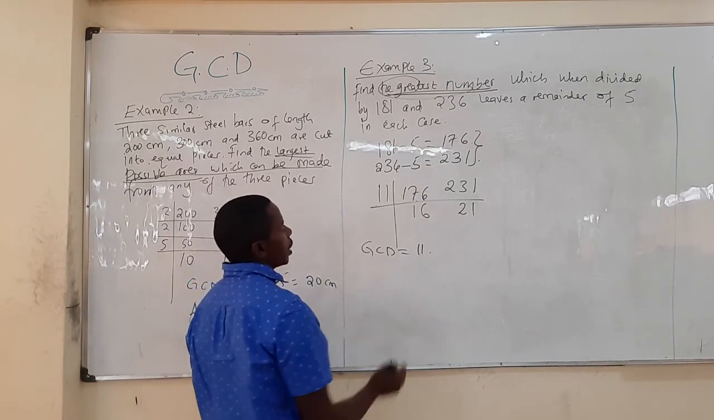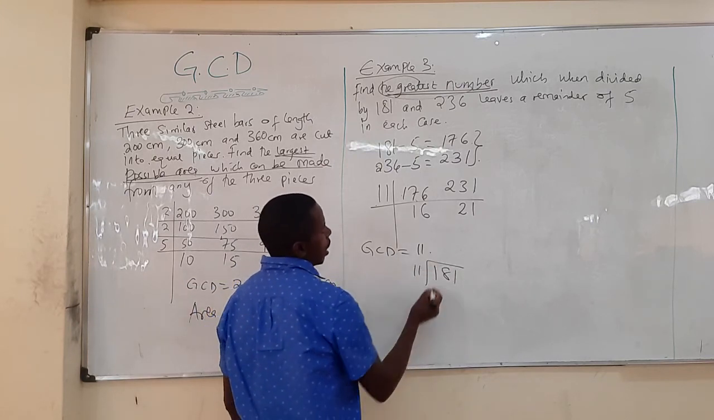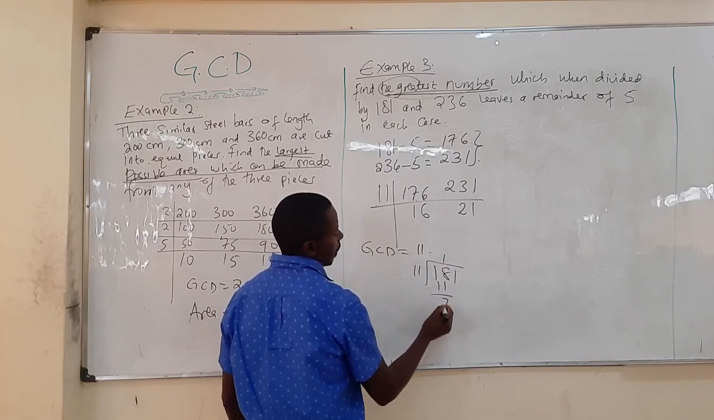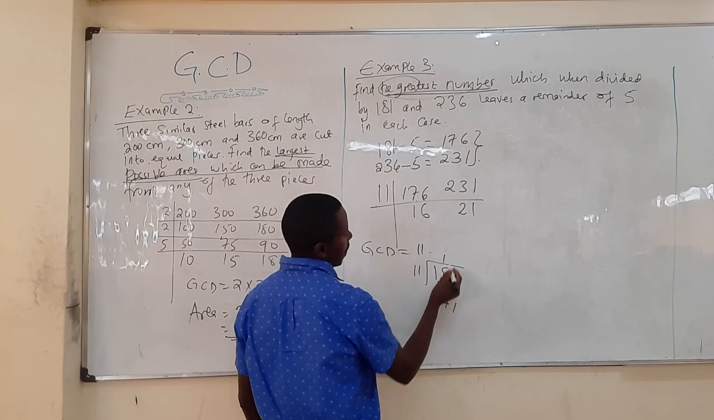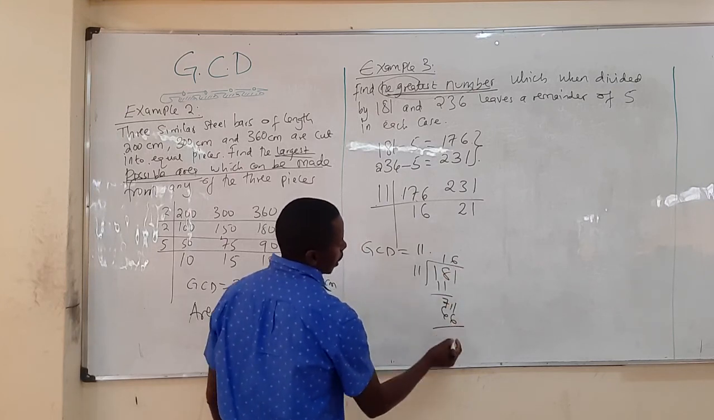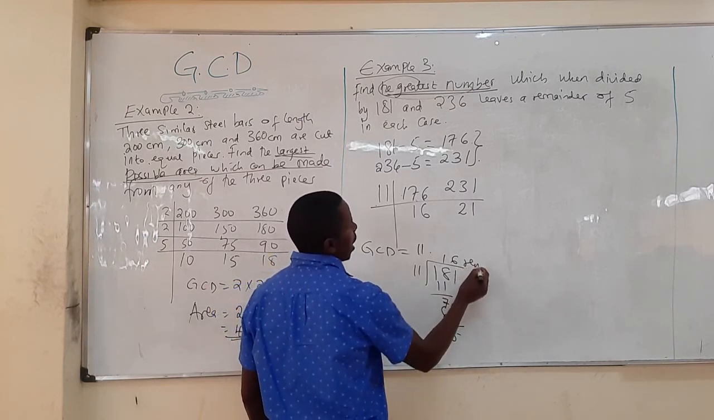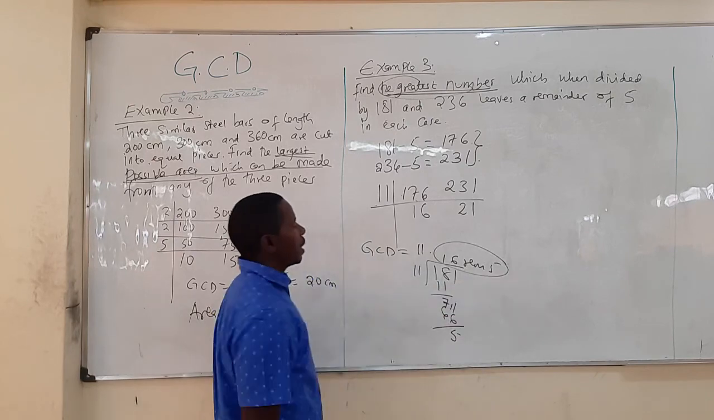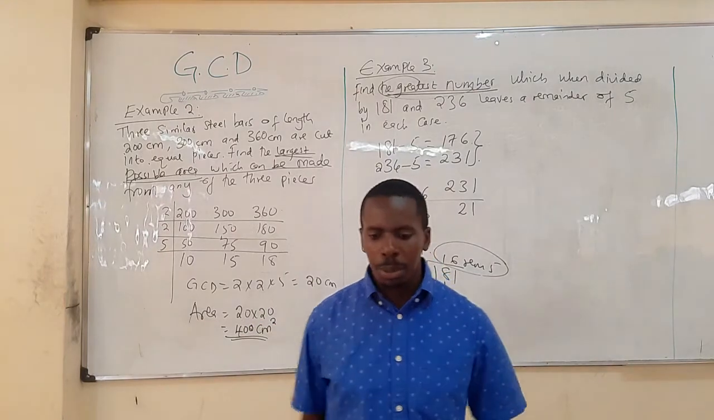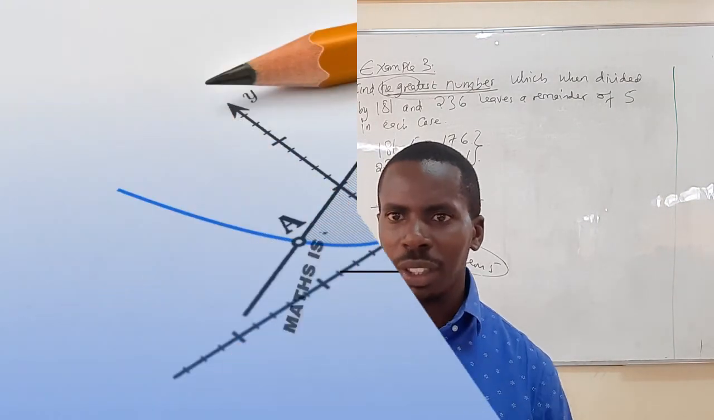Maybe you can check with 181. 181 divided by 11: 11 goes 16 times, which is 176, remainder 5. So I'm able to say that you have a number there and the remainder is 5. So that's how you can solve that kind of question. So thank you very much for your